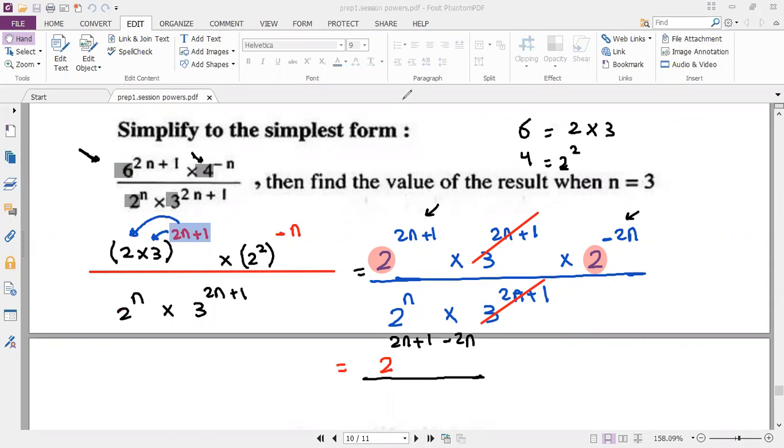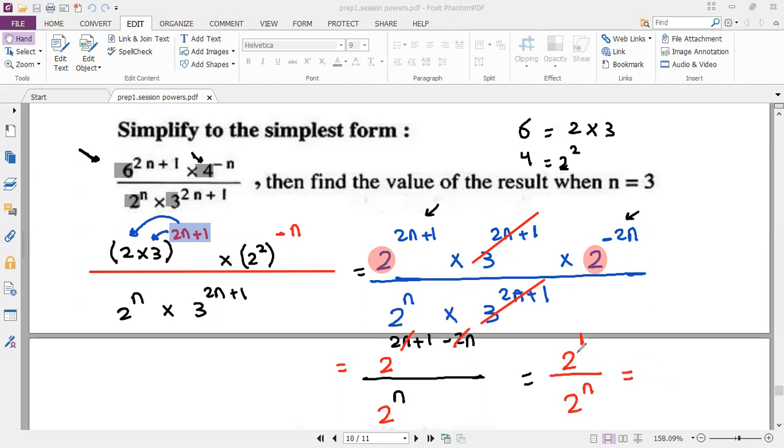We have at the bottom 2 to the power of n. We have 2 to the power of n equals... Simplify. We have here 2 to the power of 2n plus 1 negative 2n. So cancel 2n and negative 2n. It will be 2 to the power of 1 over 2 to the power of n